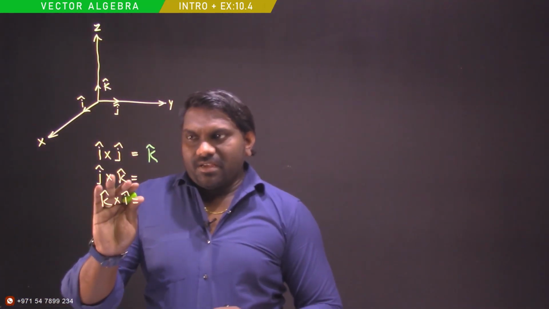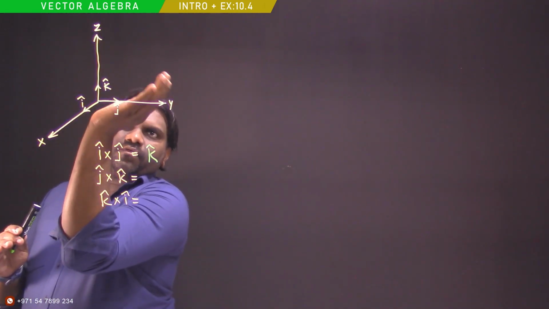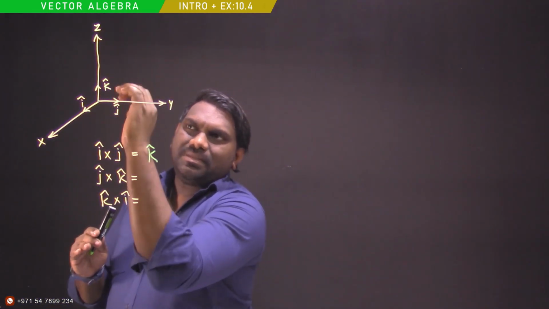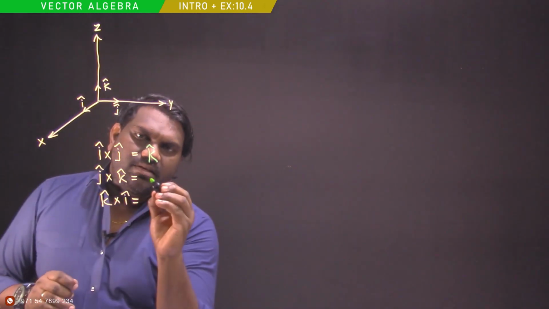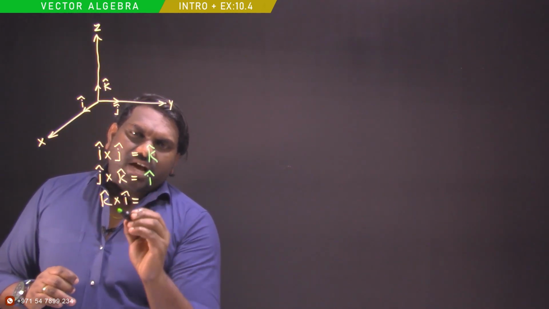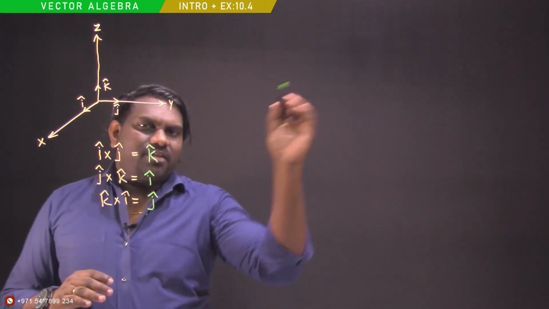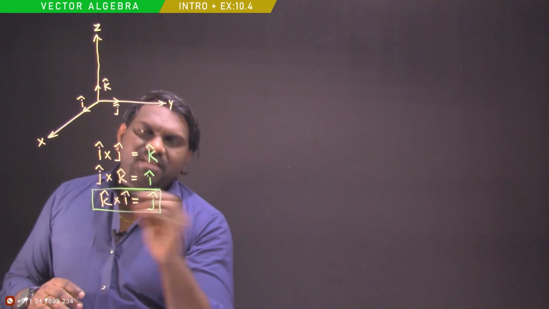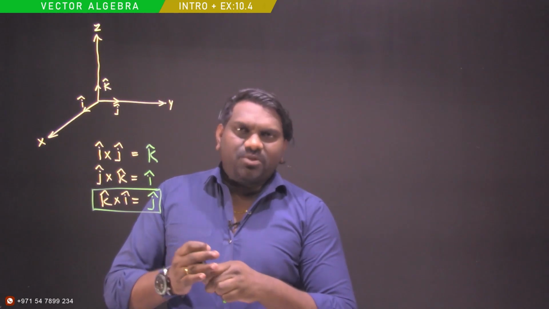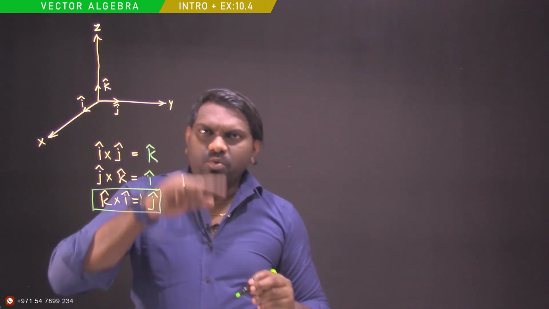Clear? Now j cap k, if you do it, j is like this, j to k, if you roll your fingers, this is my thumb, dear, which is going in this direction towards me, then that will be i. So i, j, k, and I can blindly write now that k cross i is j. The reason I wrote it blindly is something I will explain here. I'm just not checking this one, but if you check also you will get the same thing, dear. Why? Because if you look at a textbook, you will get